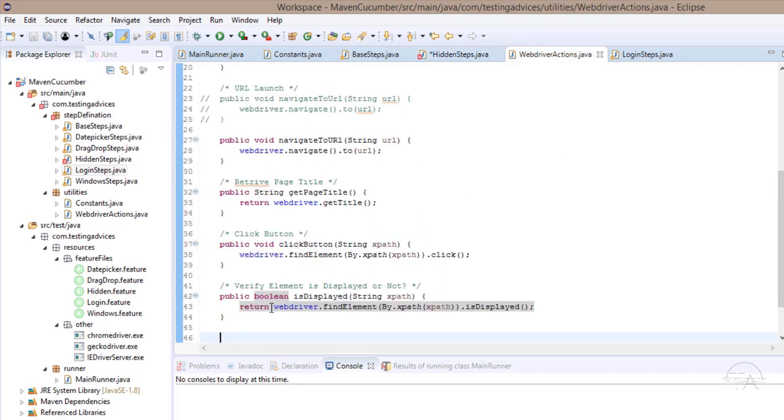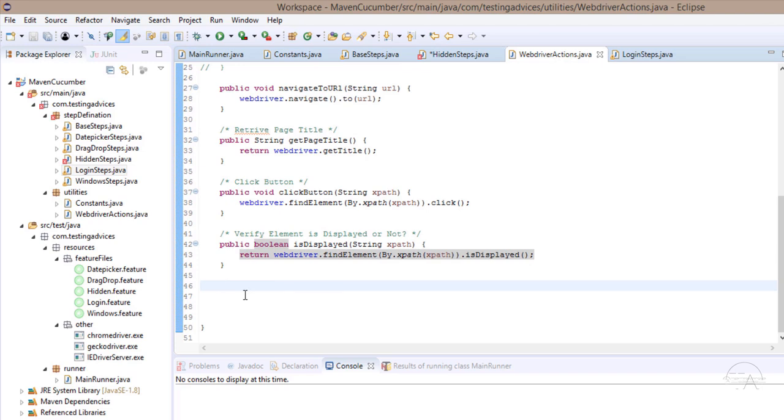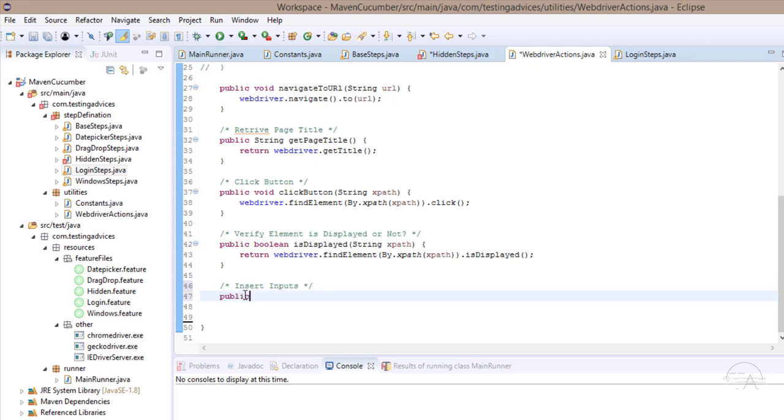So how are we going to create that? Insert inputs. Okay, so public void send input